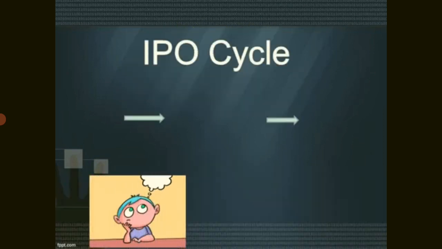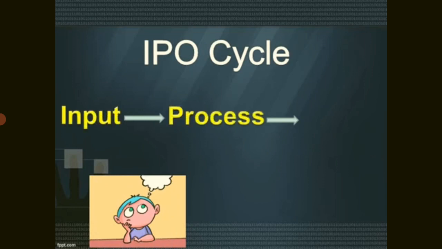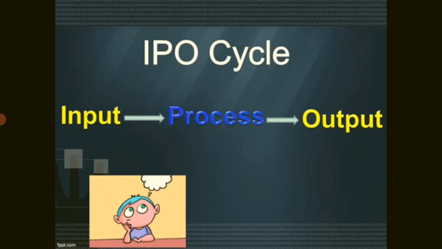Children, do you remember the working of a computer? We have learnt that a computer works on the input processing output or IPO cycle. Can you tell which one of the following steps is done by software? Yes, processing is done by software. It takes the input from the user, processes it and displays the output on the monitor. Thus, we can define software as a set of instructions given to a computer to do a particular work.